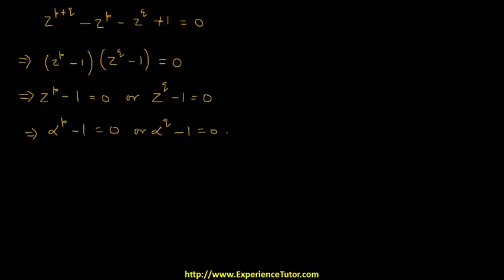So again we can write it as (alpha to the power p minus 1) upon (alpha minus 1) is equal to 0, or (alpha to the power q minus 1) upon (alpha minus 1) is equal to 0, which implies that